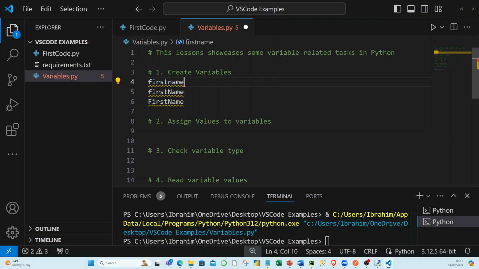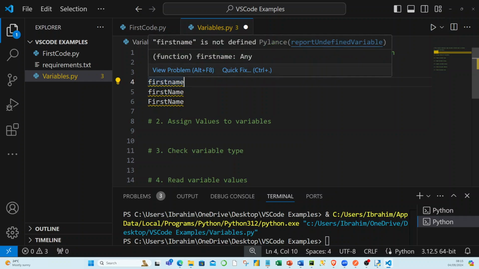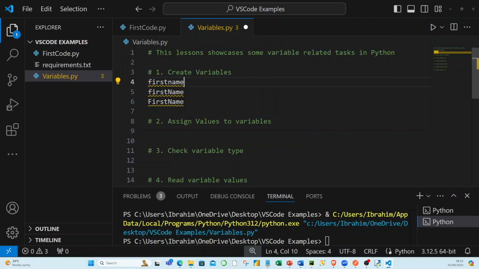Python is just putting the underline there to let you know that these are empty contents now. We need to put values in them. So how do you start assigning values to these variables? It's very simple. We'll get to that in a minute, but let's create some other variables that may be very